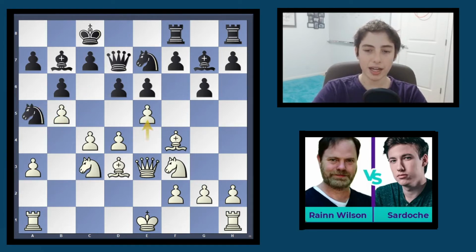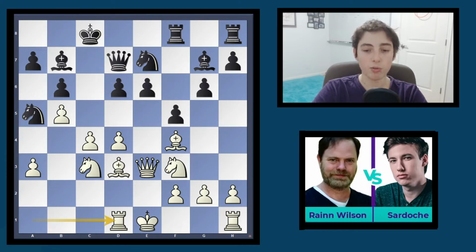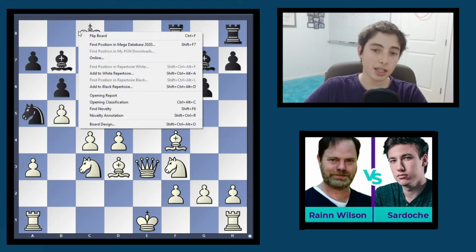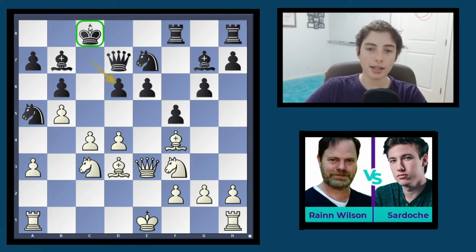We have b5 and now e5. You can see Sardoche is playing completely on the aggressive side, playing as aggressive as can be. He takes here, and rook to d1 again, not castling, not wasting a move on castling, instead immediately going for this king. And this king has been opened up by the pawn pushes that white has done,